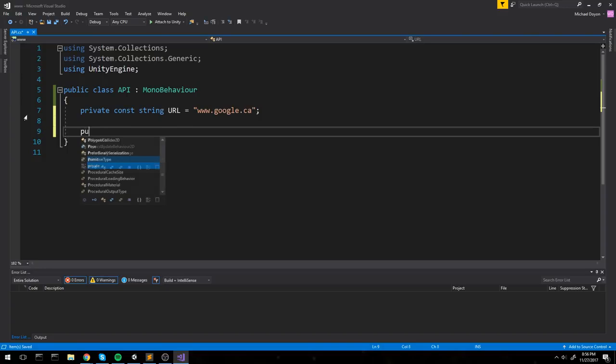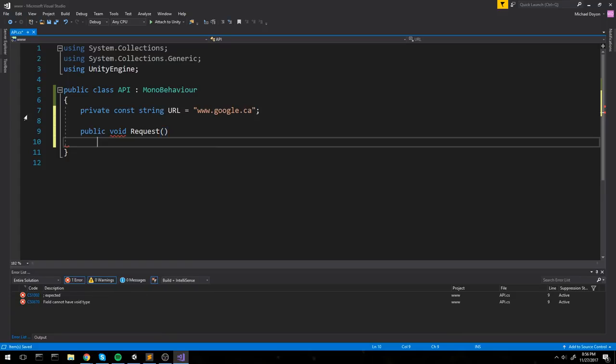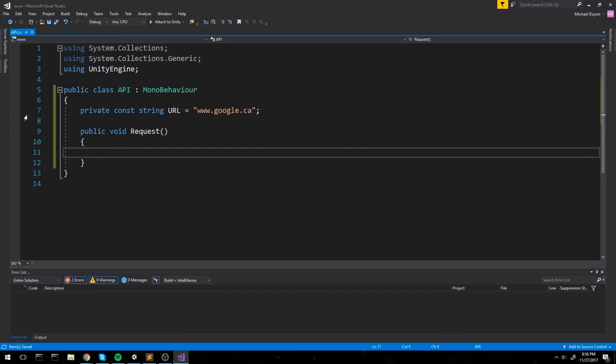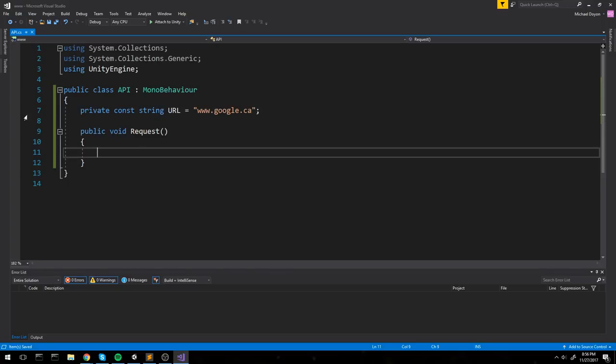Now what we're going to do right here is create a public function called request, and we make it public because I'm going to link my button to it. Okay, now to create a simple request to google.com without having any post parameter, without having any different header, all we really have to do is create a new WWW object. I will just call it request and say it's equal to a new WWW object, and that one takes in the URL,